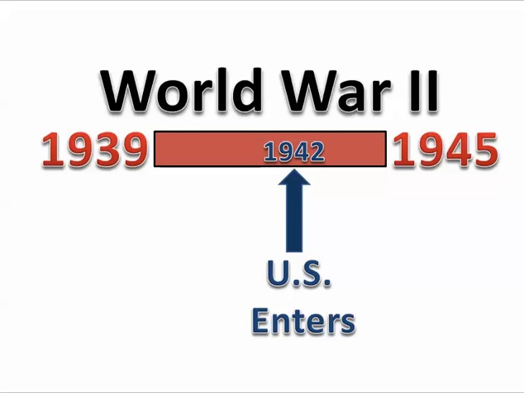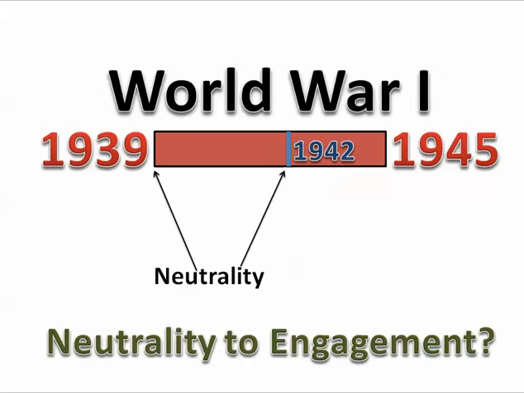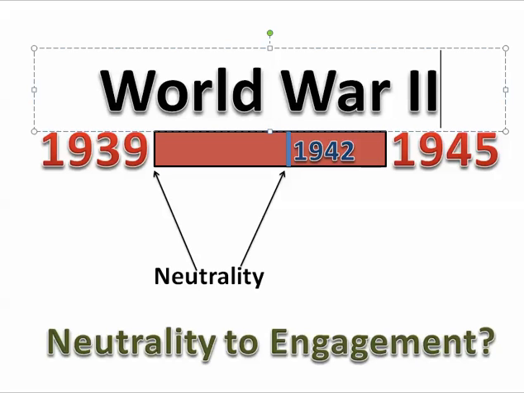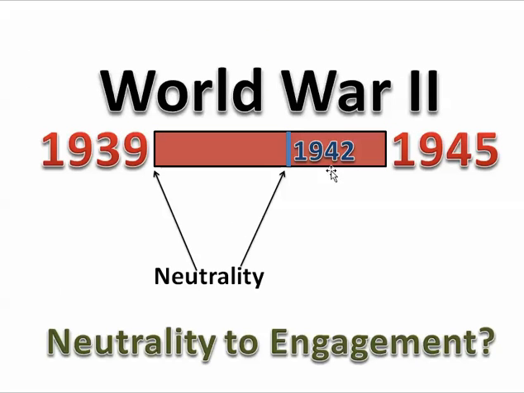But here's World War II. It's going to start in 1939 in Europe, and it's going to last until 1945. But the United States is not going to enter until 1942. This might look familiar because it's the same thing I did with World War I. In this one, we're going to be brought in 1940, actually December 7th, 1941. By '42, we are aggressively in the war. Let's see. World War II. From 1939 to 1942, we maintain our neutrality, our isolationism,